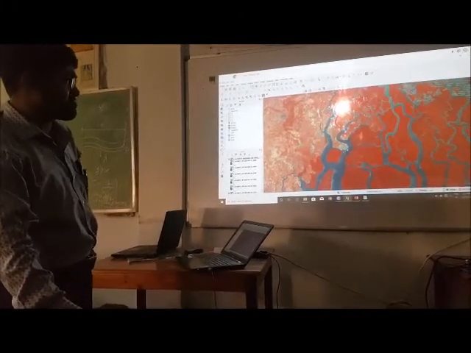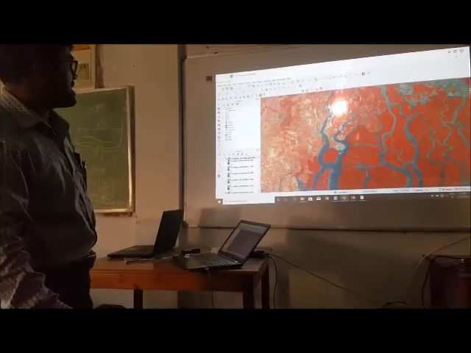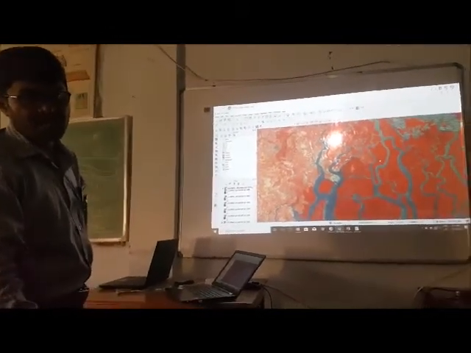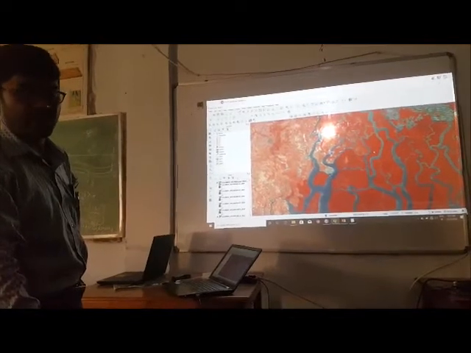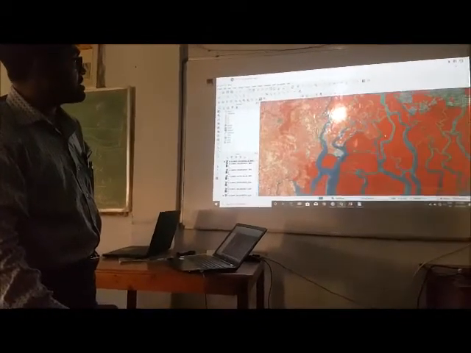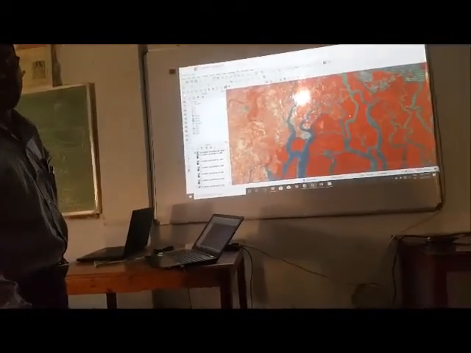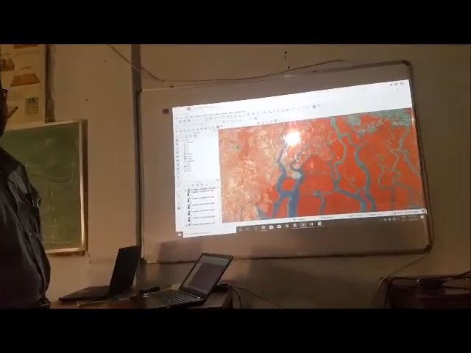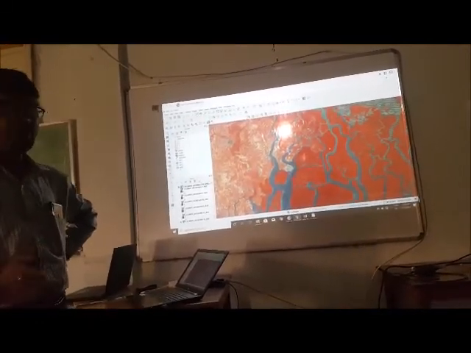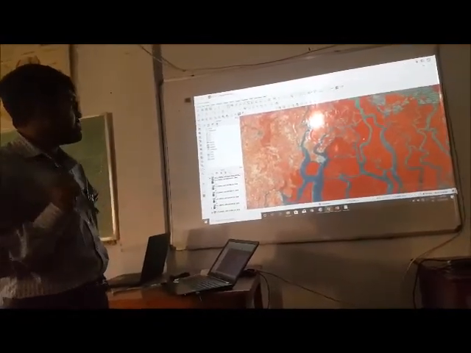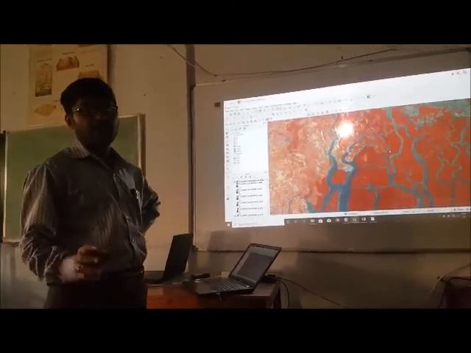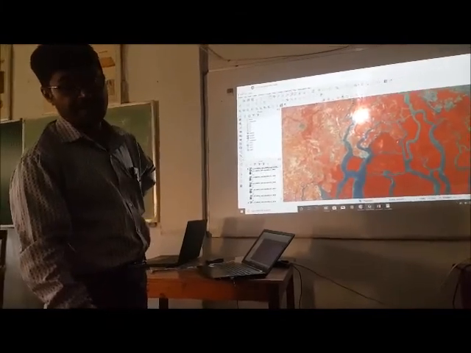We can show the changes using images also, using the subtraction method, the extraction method, the overlay method, etc. In the next class, I will show how to prepare indexes for better classification of vegetative area, built-up area, and water body area, and that will help you all to become better image interpreters. Thank you.